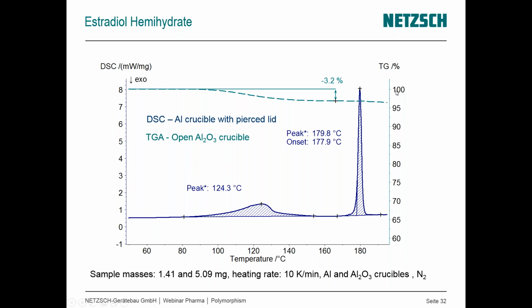When you looked at the material, it's a hemihydrate. Hydrate means there's water. Water, in a lot of cases, is going to be available for evaporation. It's not going to stay with the material throughout the whole process. So as we heat up our material, let's look at a thermogravimetric curve. So if I look at the mass of the sample as a function of temperature, as I have this endotherm,